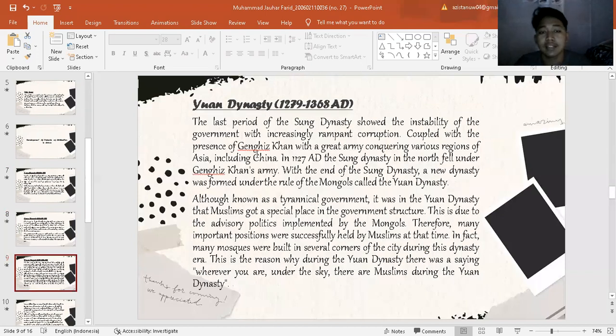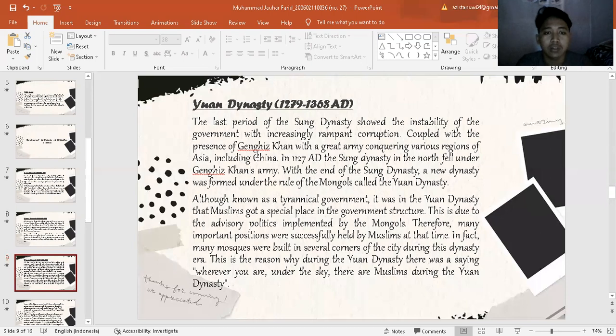Yuan Dynasty, 1279 until 1368 AD. The last period of the Song dynasty saw the instability of the government with increasingly rampant corruption,